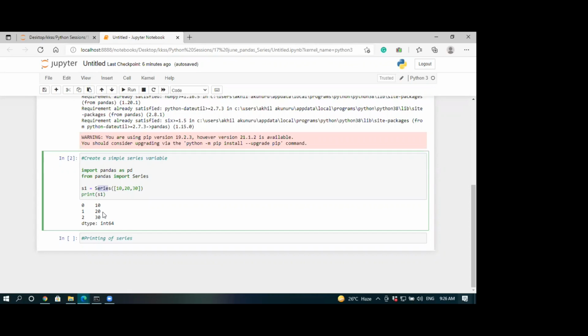The word that Akhil just mentioned, Series, is an initializer for that. It acts like a function, but there are two ways we normally say series. It's actually that function which initializes a set of values as a series, and the series itself is a data structure. So what is the difference between a series and, for example, a list? A series is almost like a one-dimensional array. You can consider it as that.